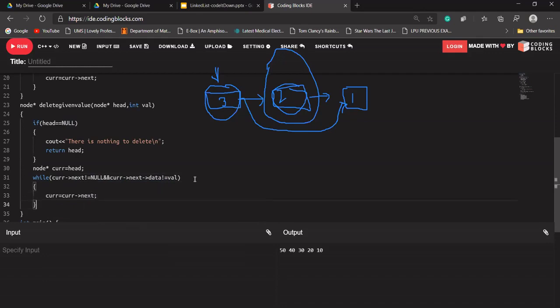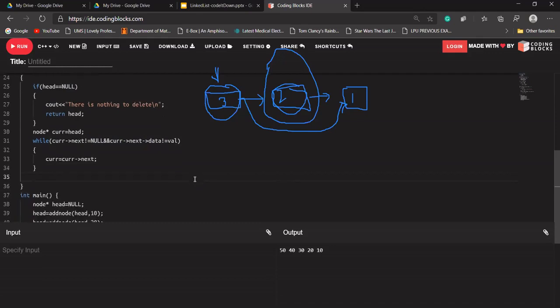Okay. Now if we are out of our while loop, there are two possibilities: either this condition fails or that condition fails, and because of that we came out of the loop. So we should be checking if current's next is equal to null.